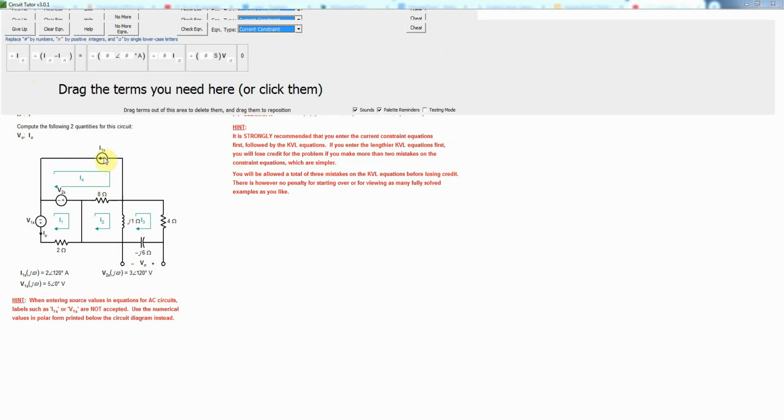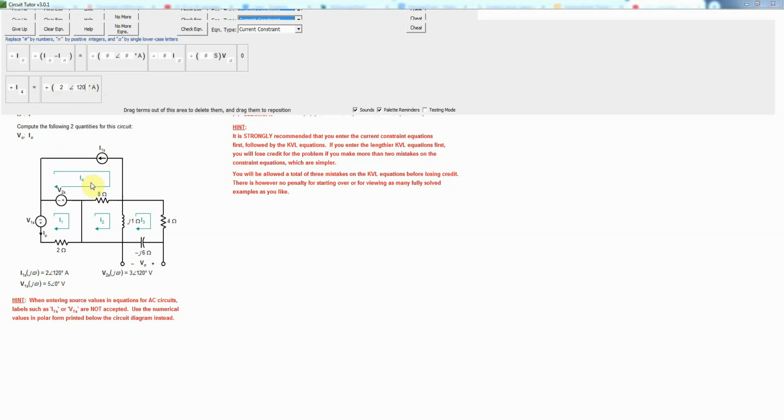Basically, this current source is going to constrain this non-reference mesh current, which is I4. And so I4's value is going to be given by essentially the value of that source. So we put in I4 there. And then the value of the source is I1S. So we see that that's 2 angle 120 degrees